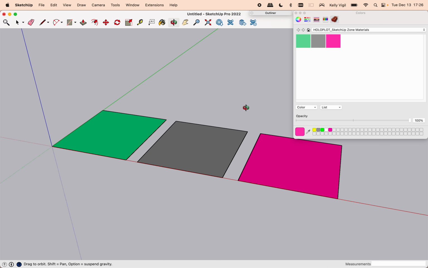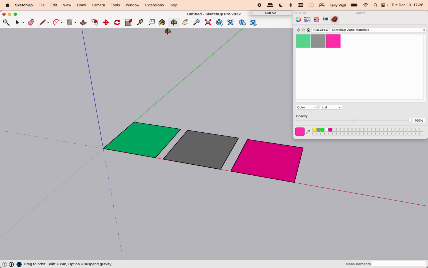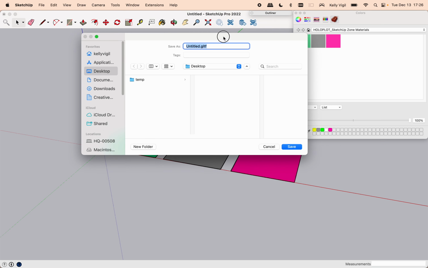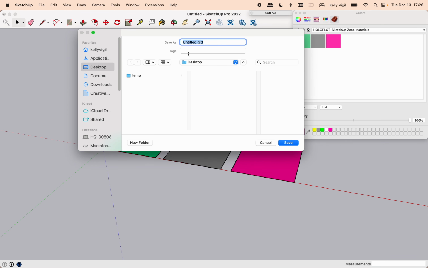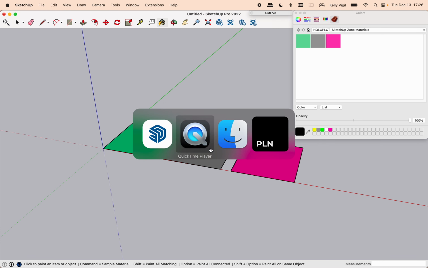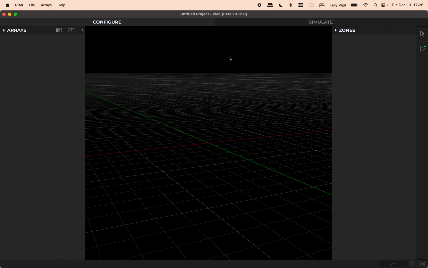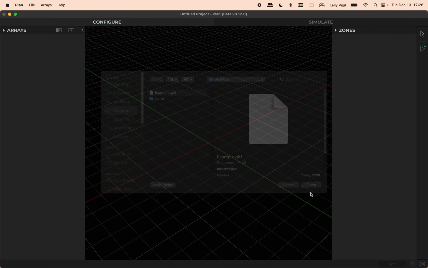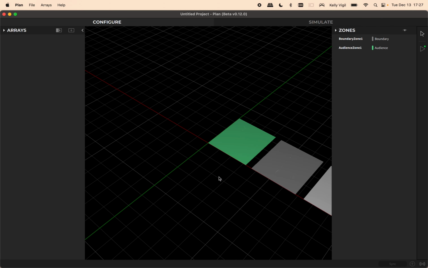Now that I've got these prepared, I'm going to come up here to the extensions manager, go to the GLTF export, and I'm just going to call this example GLTF, save it to the desktop. Now I've got an open Plan. This is a blank plan file. There's nothing in here. If I come to import GLTF, load the example, you'll see I have those 3 different